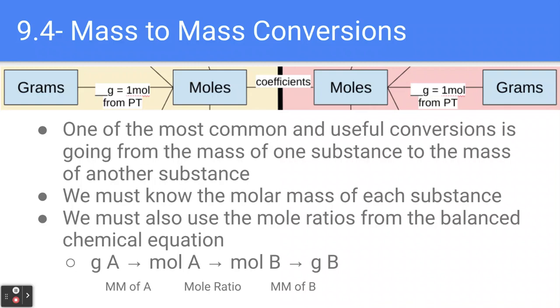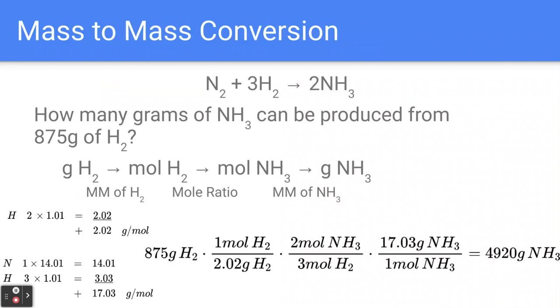Then we can go from moles of A to moles of B using the mole ratio from the chemical equation. And then we can go from moles of B to grams of B using the molar mass of B. So here is an example. We've got